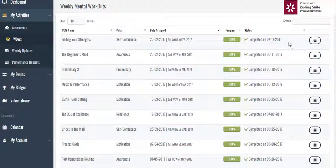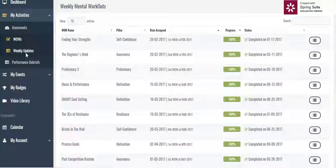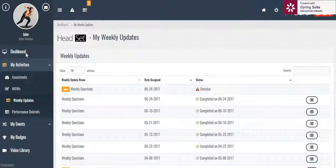Next, we are going to go to the weekly updates. The weekly updates are questions that are given to you. There's 5 of them, 5 questions. They can be done in a minute to less than a minute, but it's just a weekly check-in. So we ask you 2 to 3 times per month how your week is going. We want you to openly and honestly answer these 5 questions, and then based on those 5 questions, we can